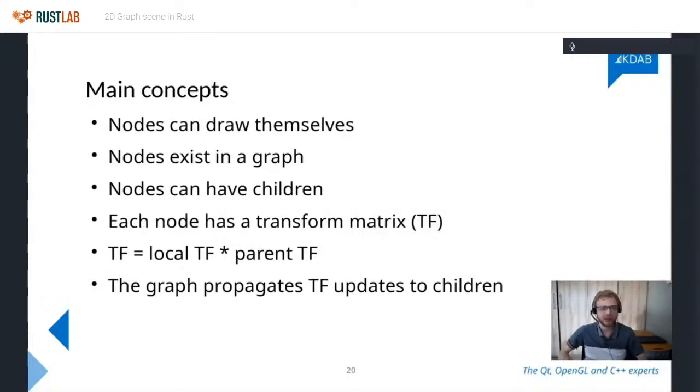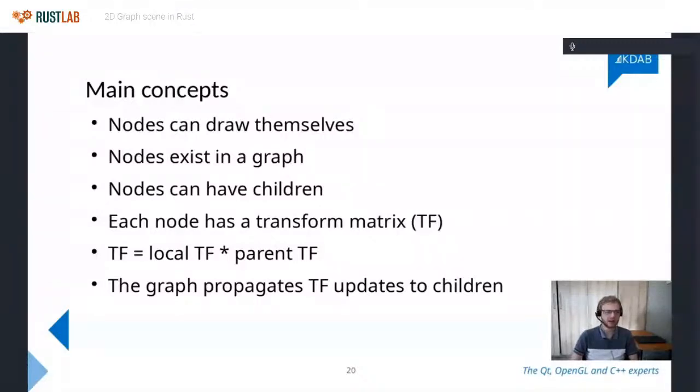Okay, so the main concepts in the system, how does it work? Coming back to how I said Quick works, the core concept of the scene graph is that at the lowest level, it needs to have nodes that understand how to draw themselves. So these are nodes which basically talk WebGPU. And then the idea is you are able to compose these nodes into a graph in order to build up a complete GUI. And each node can have children.